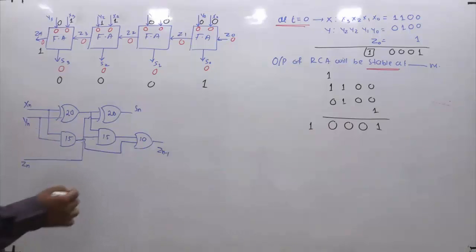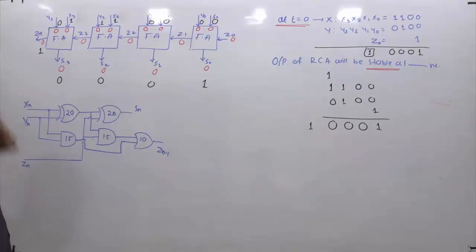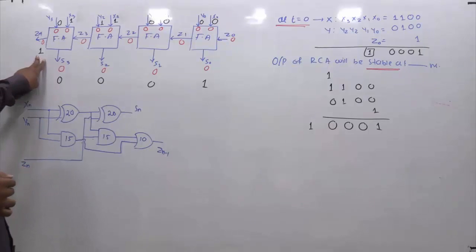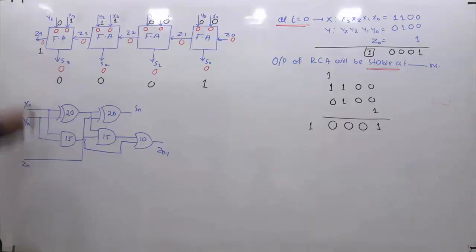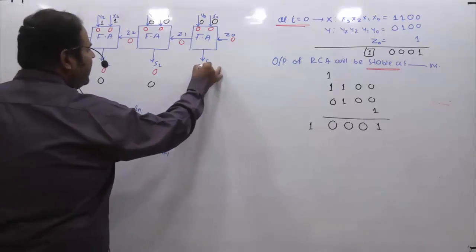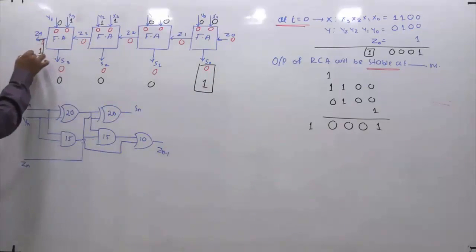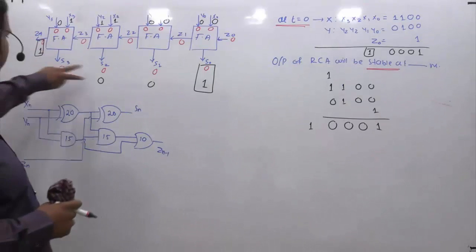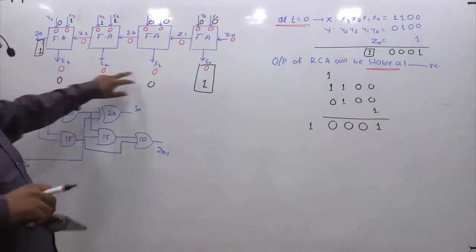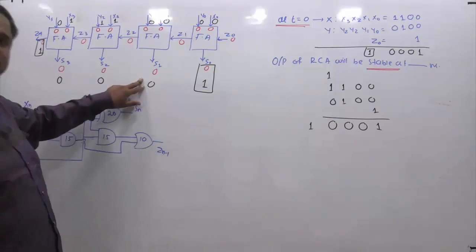Now when I say when they will be stable, it means you should check after how much minimum time you are going to get the corresponding bits. If I ask you where you are observing the change in bit pattern, I can see finally I am going to get a change in bit pattern here, and I am going to see a bit pattern here. In other words, these bits are the same as they were initially, they are still the same. So they are stable.